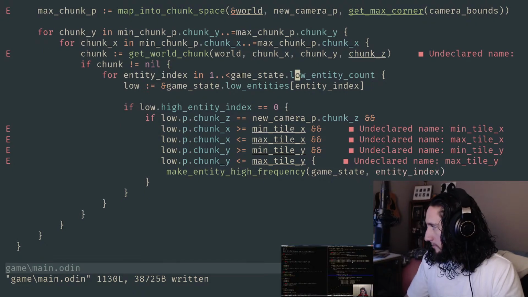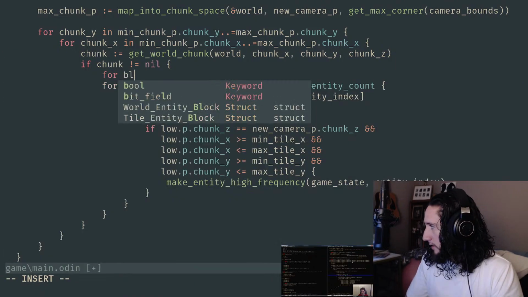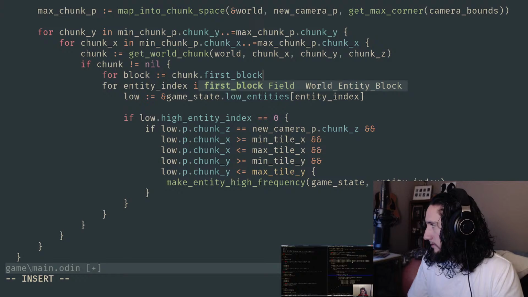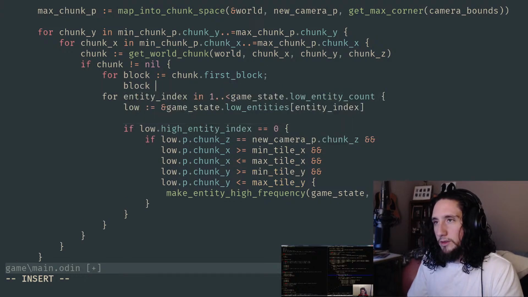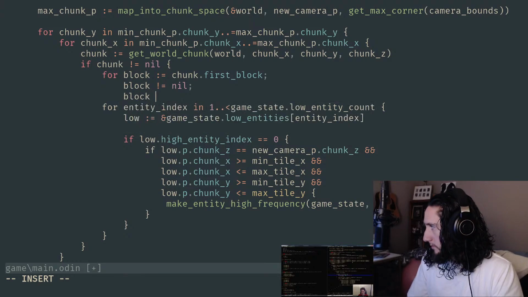Okay. Yeah, right. So we've got to iterate over all those blocks in the chunk. And probably just do this like we did before.